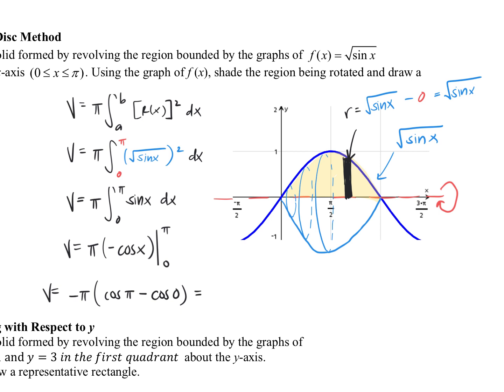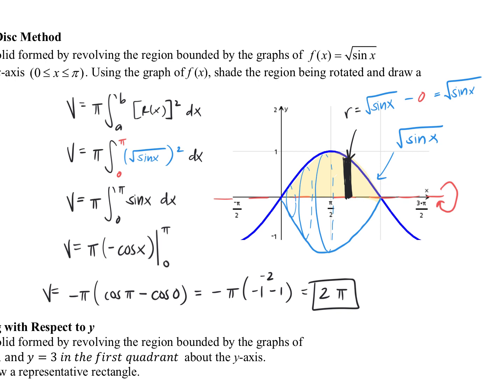Okay, so then if I evaluate this, cosine at pi is going to be what? What's my x value at pi? -1. And then cosine at 0? 1. So -1 minus 1. If I evaluate that, that gives me a -2 times a negative pi. So 2 pi is my volume of this shape that is created by rotating the square root of sine x